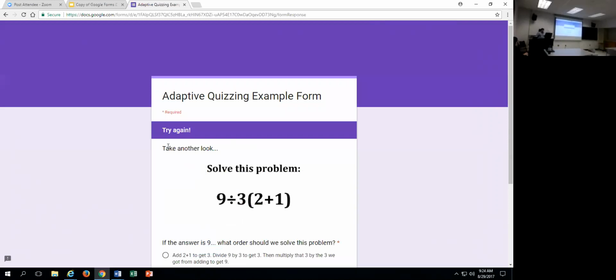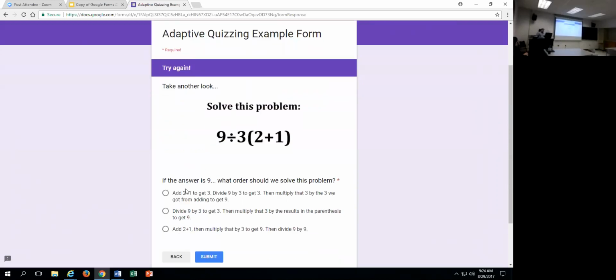And looks like we got it wrong. So now it tells us, okay, the answer is 9. What order should we solve the problem? So we use kind of a branching response for that. So wrong answer, send us back to the question, a little bit more info, a little bit more guidance. If we had gotten that right,